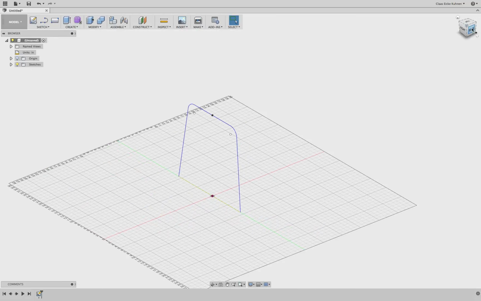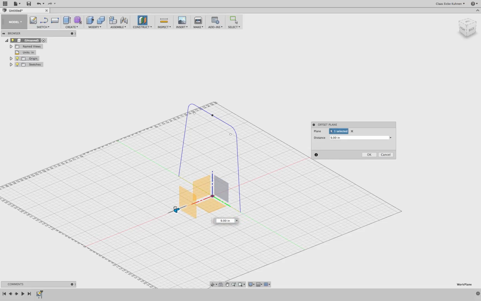On purpose, I created this leg right now at the center because I wanted to show you another function. In case you start this way, with your first sketch, and then you realize this is actually not at the right position. The distance between these two legs, for example, can be around, let's say, 18 inches. So this one has to be moved 9 inches along the x-axis. Well, we know we can offset a plane, go to origin and offset it,